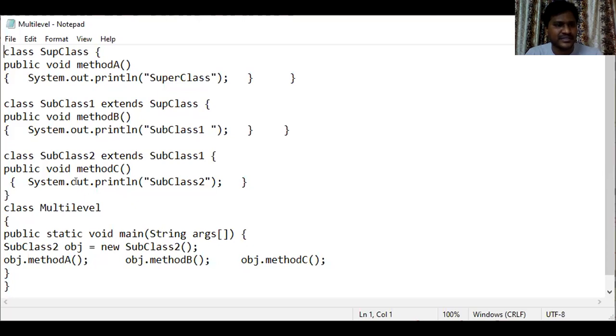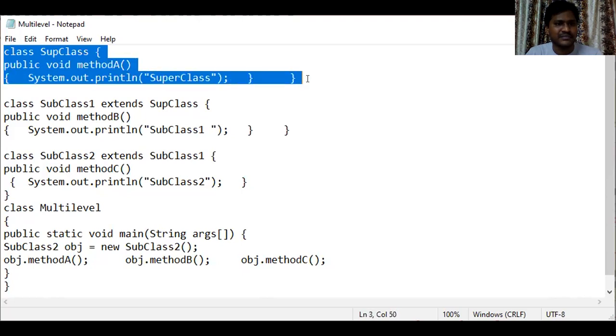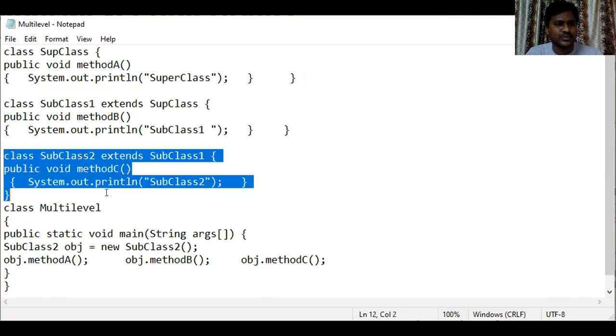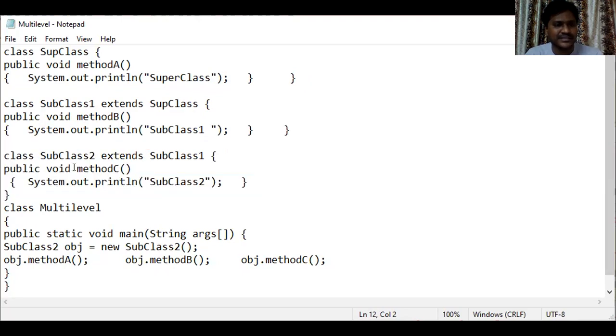Yes, coming to here, this is the multi-level Java program. I have a superclass with one method, method A, and subclass 1 extending the properties of the superclass, and subclass 2 extending the properties of subclass 1, level by level inheritance, having method C. The three classes are separate and I have taken one main class called multi-level, with a main function inside.